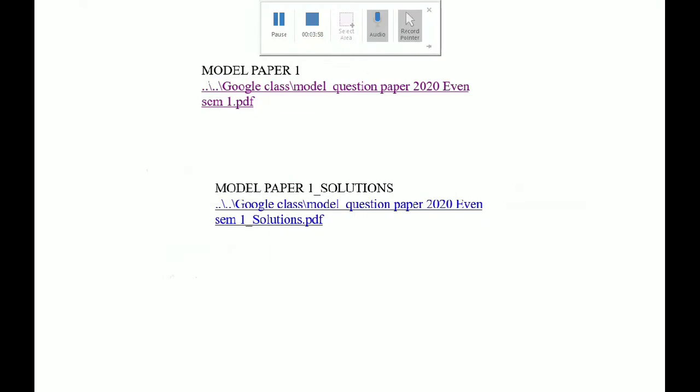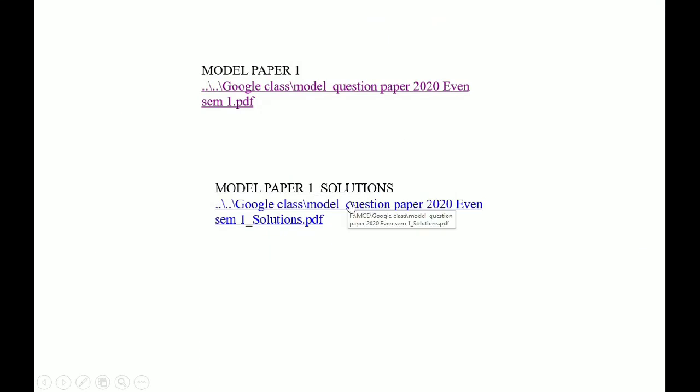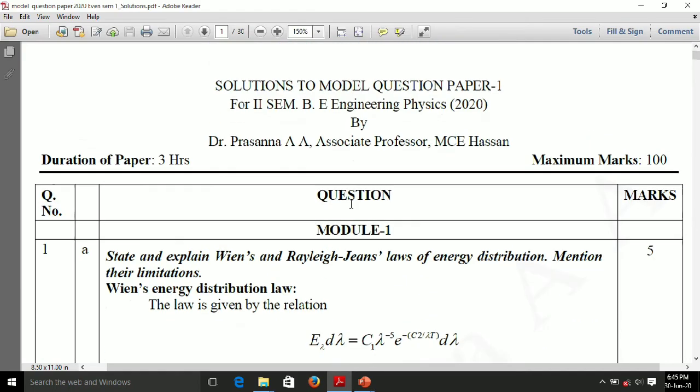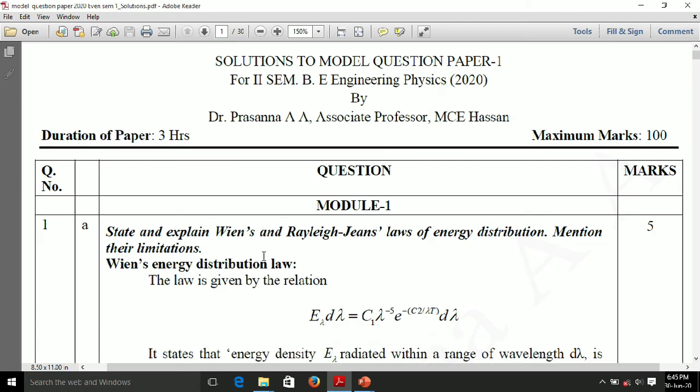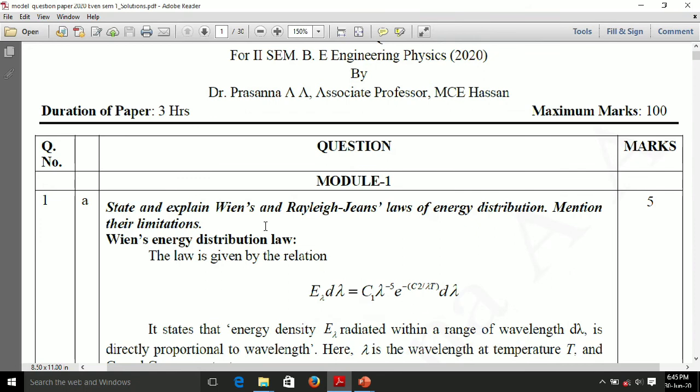Let us now verify whether your answers are correct or not. So this is the first model question paper, in which the first question was: state and explain Wien's and Rayleigh-Jeans laws of energy distribution, and mention their relations. Before telling you about the answers of this particular question or other questions, I have to tell you one more important point, that the two main questions which have been given